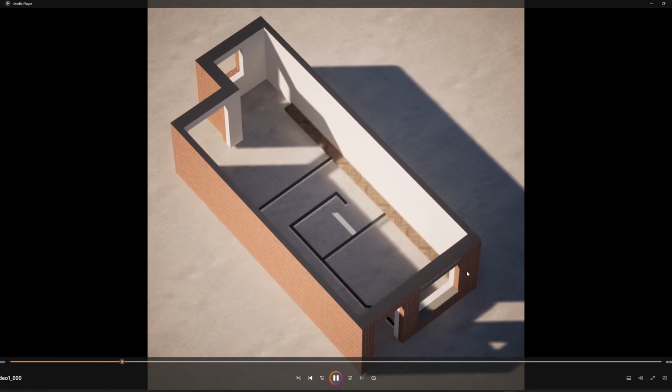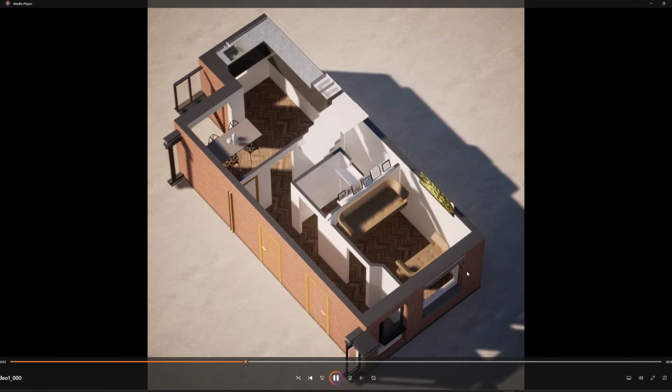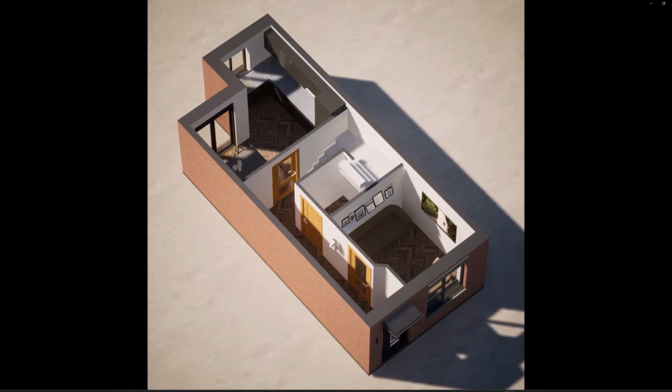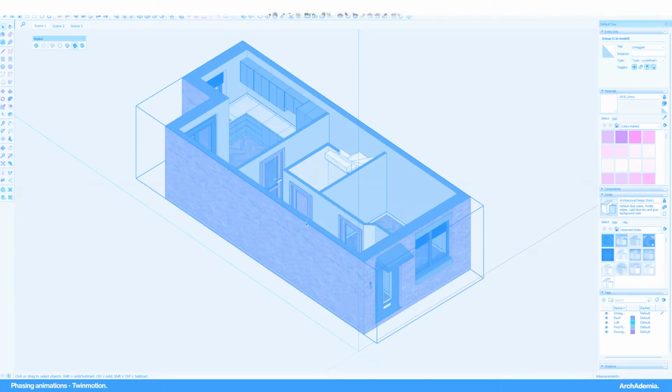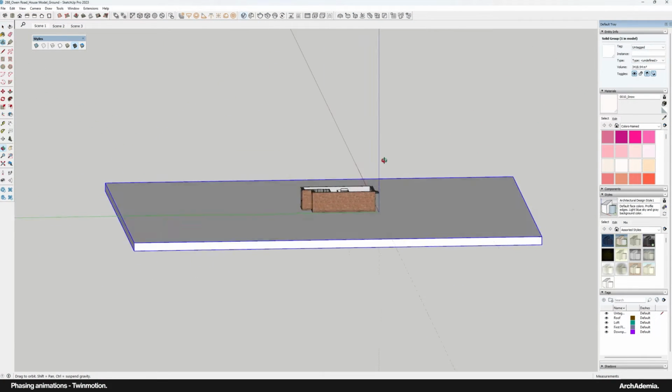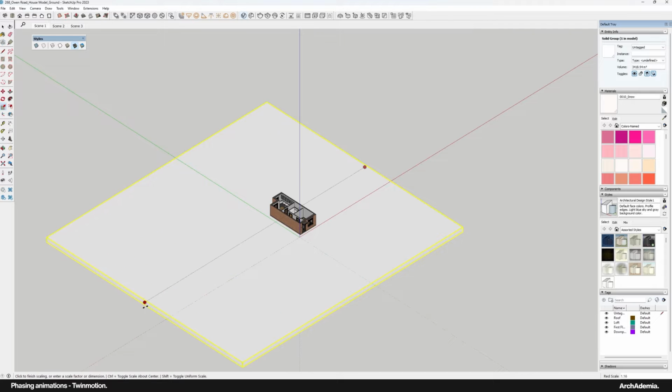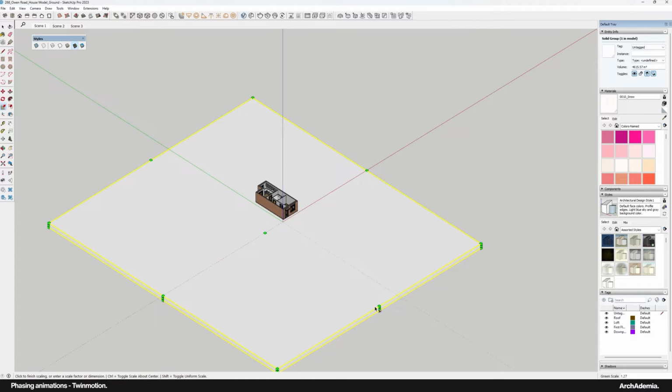Let's learn how to do these lovely phasing style animations using Twinmotion. Right, so let's start in SketchUp. And what we've got is a big ground plane which will act as our backdrop and something for,